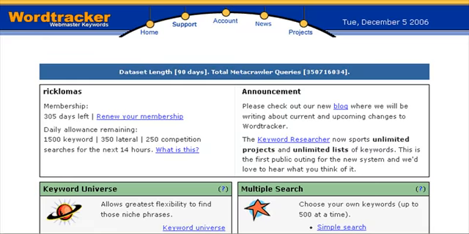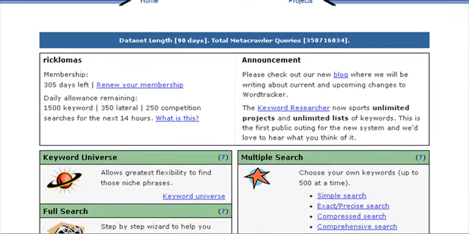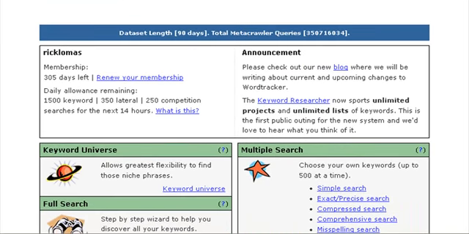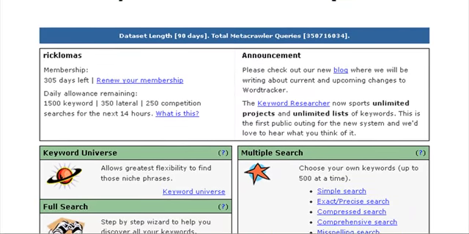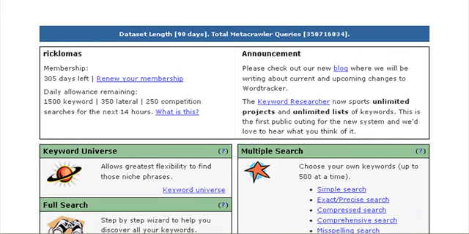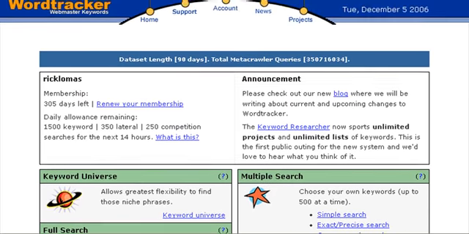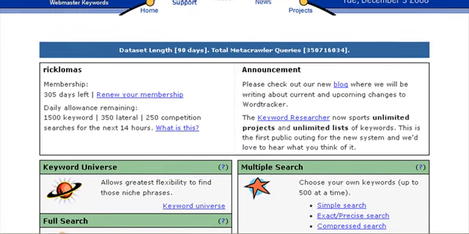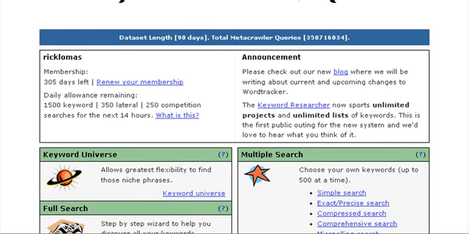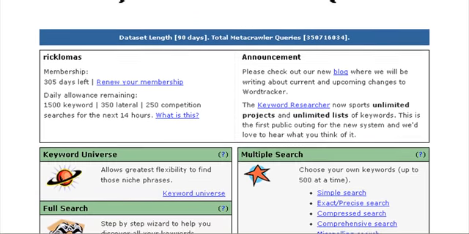Right, okay, this is Wordtracker. I'm logged in. This is my membership. You have to pay for Wordtracker, but you can buy it for a year, which is what I do, or you can buy it for a day or 3 days, a week, or whatever. It works out real cheap if you buy it for a year. It's £150 UK pounds for a year, which I think is a great value because it's the main tool I use. However, if you've just got a project on the go, just use it for a few minutes, few days, just 1 day, 3 days, a week, you can do that.